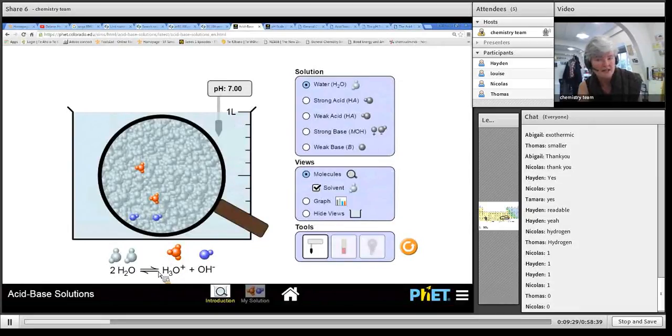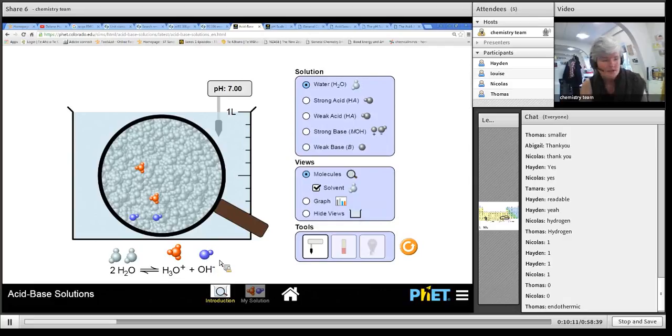So as we heat up this water, the equilibrium is going to shift towards the right. So does that tell you whether this reaction is exothermic or endothermic? It's good revision from last week. If I increase the heat and the equilibrium shifts to the right, so that means if it goes to the right, it's losing heat, or giving off heat. So the forward reaction,